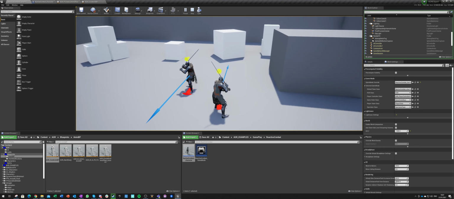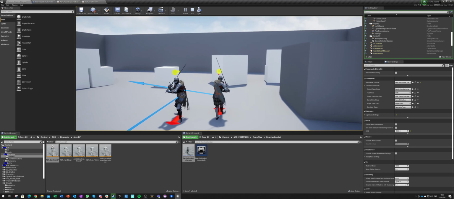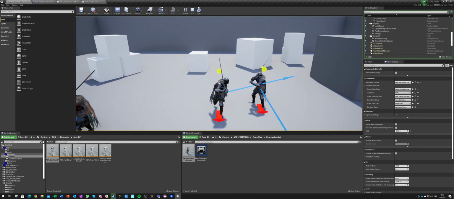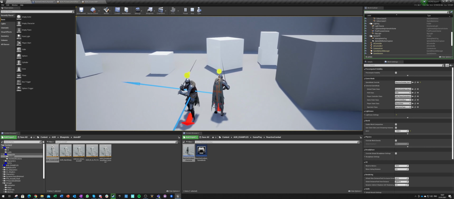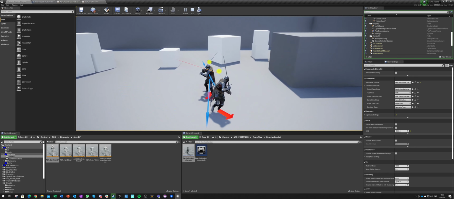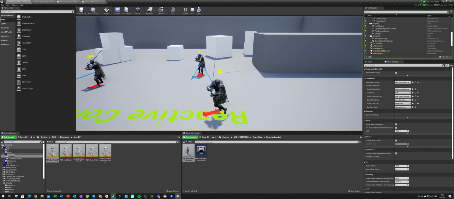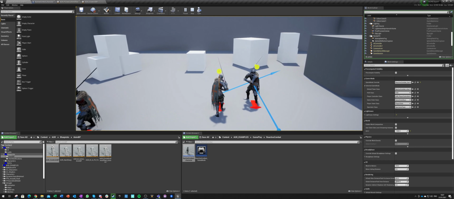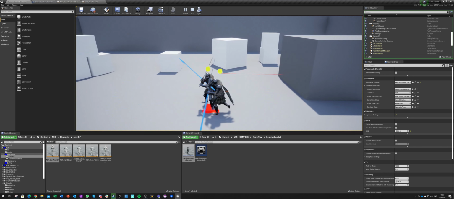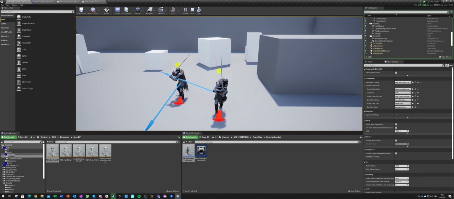And if I find an actor, you can see that now my targeting switched, and I am constantly setting my control rotation towards this actor. You can see that clearly now, and it doesn't matter how far I go, he will continue to look at his direction.